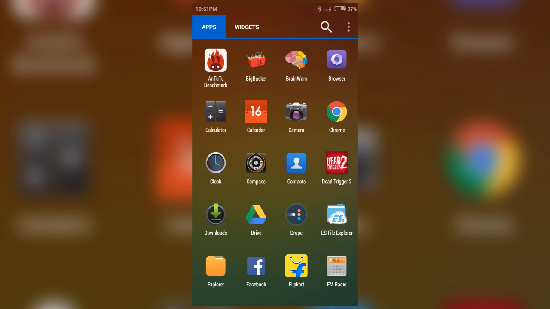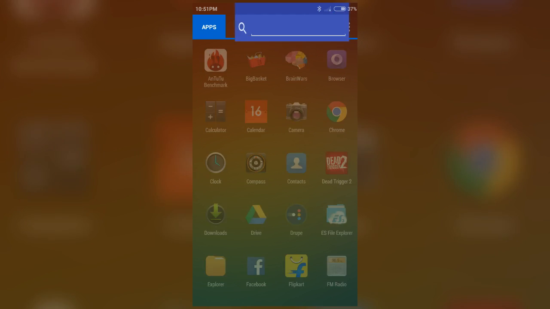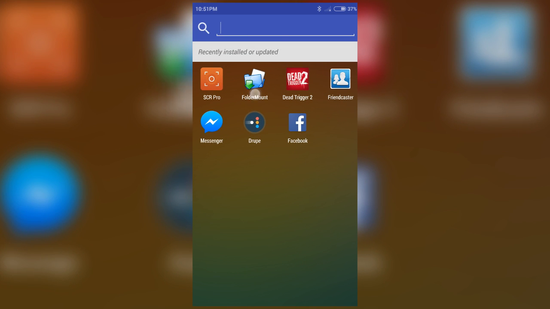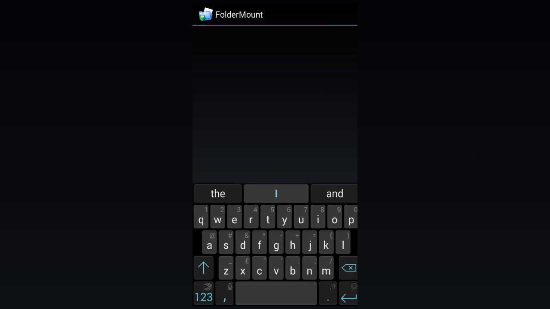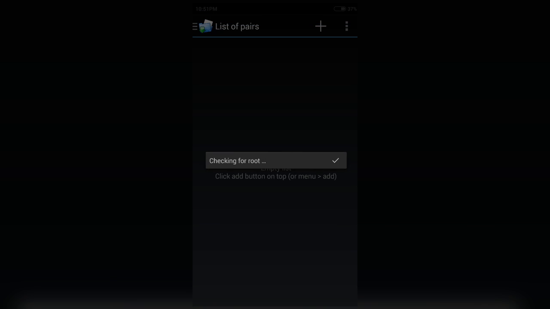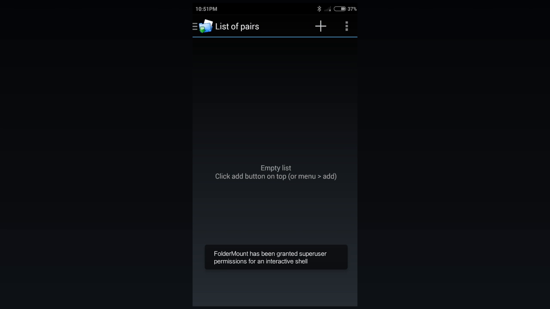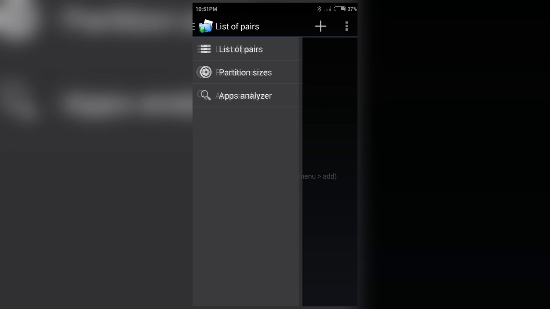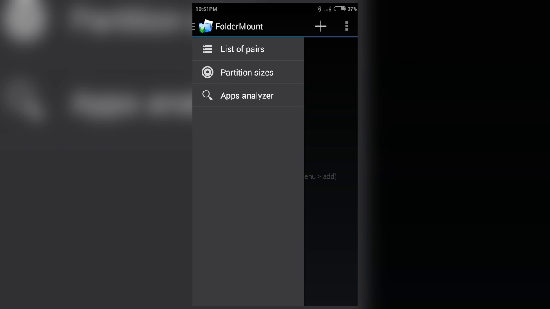Now root is in fact mandatory for the app to work, and the app name is FolderMount. I have provided the download links of the app in the description, and when you launch the app it will give you this screen, and on the sidebar you'll find three options: list of pairs, partition analyzer and app analyzer. We'll come to the list of pairs later on, but the app analyzer